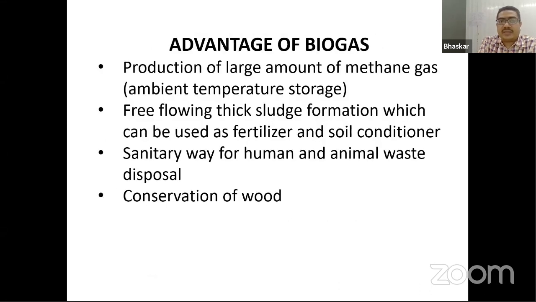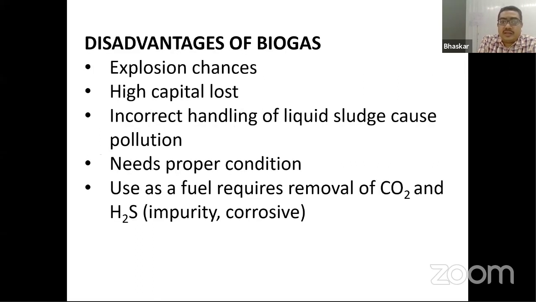Advantages of biogas, we all know that we can get biogas from various waste materials like human and animal waste also. Disadvantages is a higher capital cost. Methane, we know, is a fuel which can auto-combust, it can auto-ignite if it is in the environment,